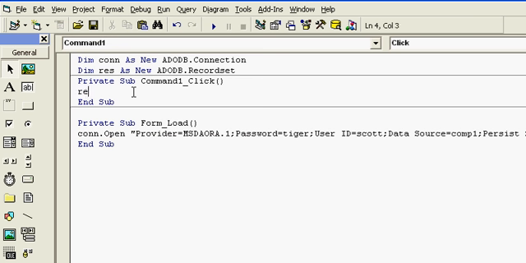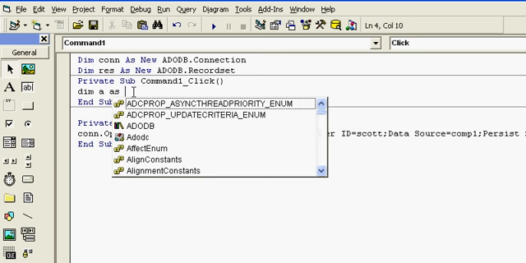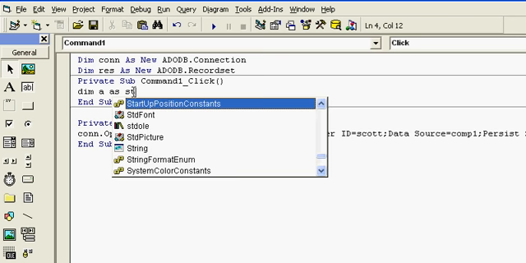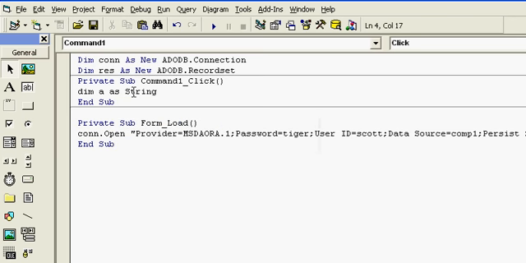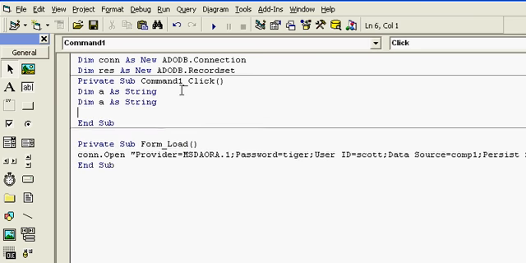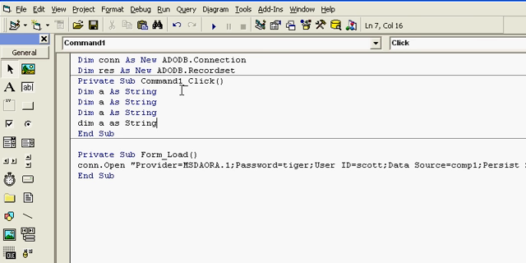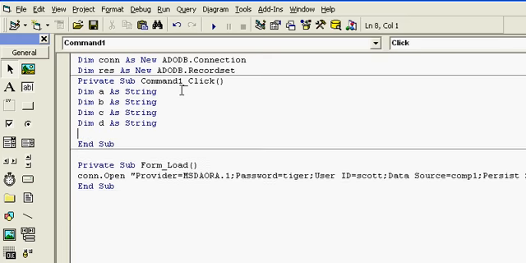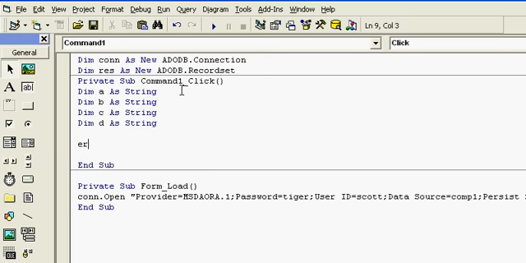Now I will create four variables, the first two to store the text box values, and the other two to store records from the table, and we have to compare them with each other. If it succeeds, then we must log in to the database.